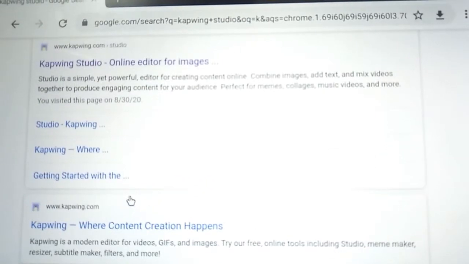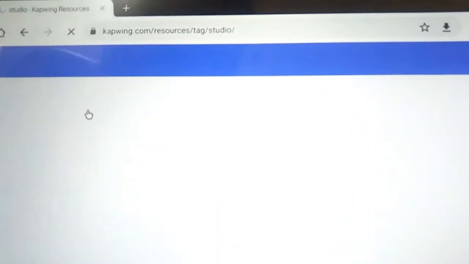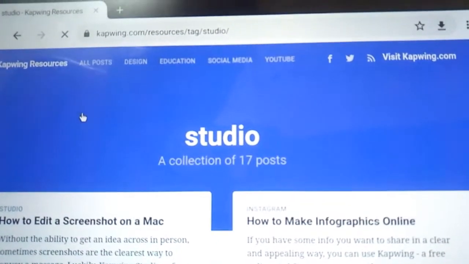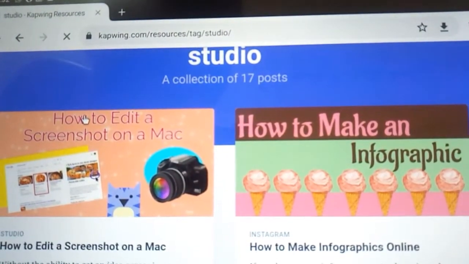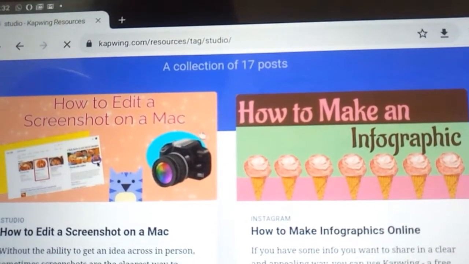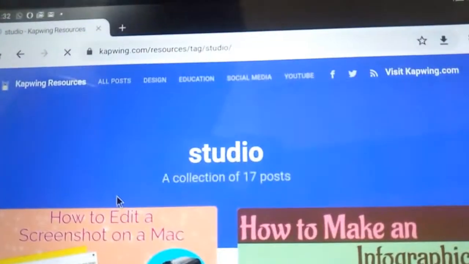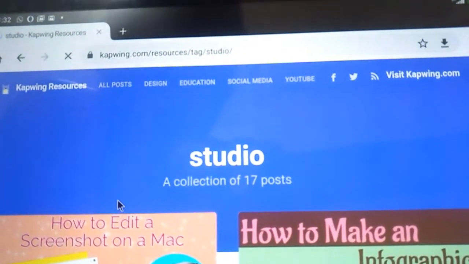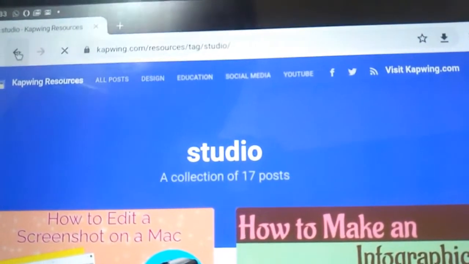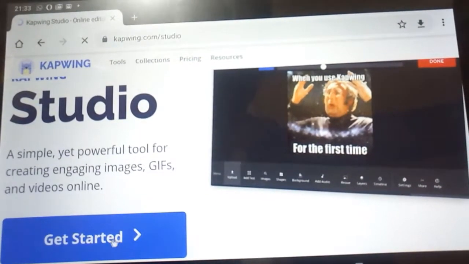So let's just go right into their studio without wasting our time. What makes me use this campaign, let me just give you the tips. Moreover, it is a full application. You can see how to edit a screenshot, a magic, everything. I like this app, so that is why I'm using it. So if you love it also, you can download it and start using it. It comes like this. I hope you can see how it comes, and you get started inside the video.